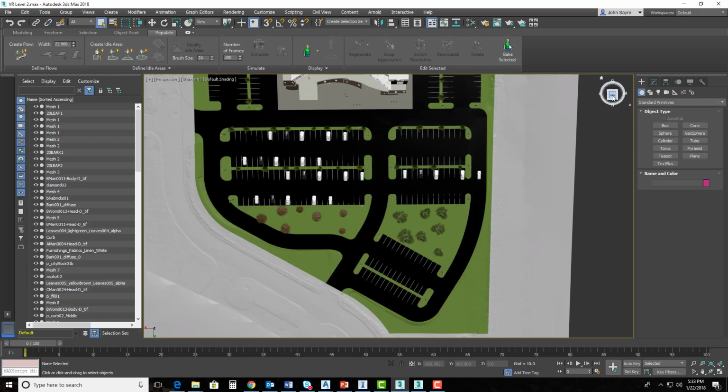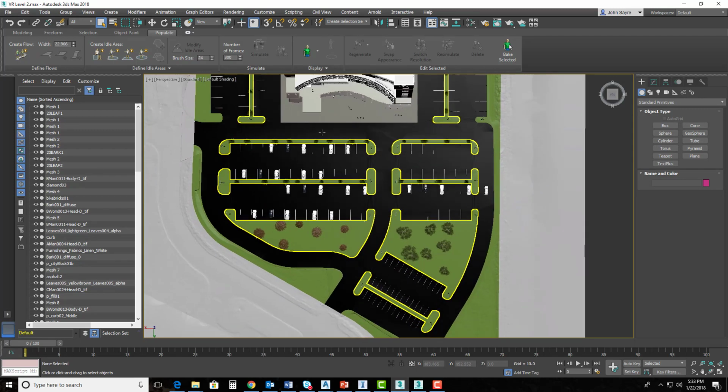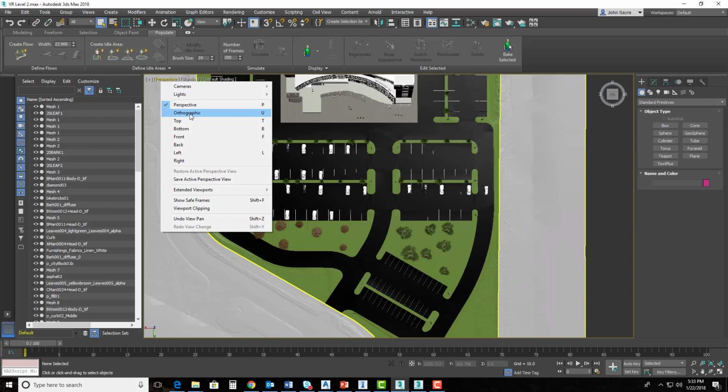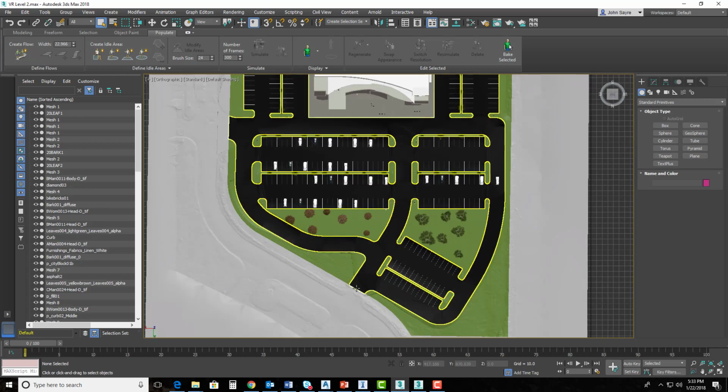I want to change to my top view on my view cube, and I'll pan back down. Then I want to change my perspective view to my orthographic. Now the reason I did that is because if I draw a spline, which is what we're going